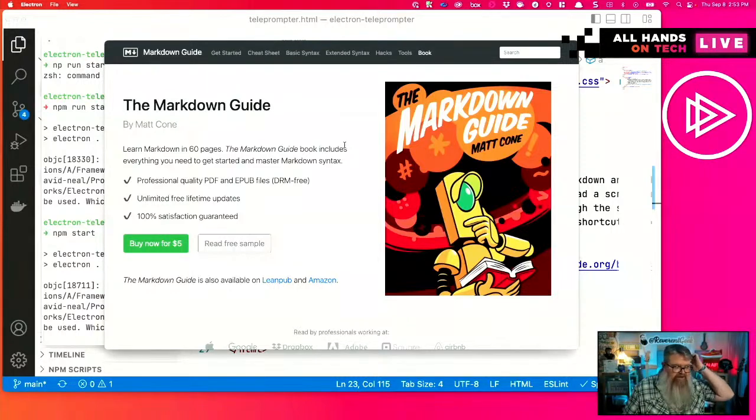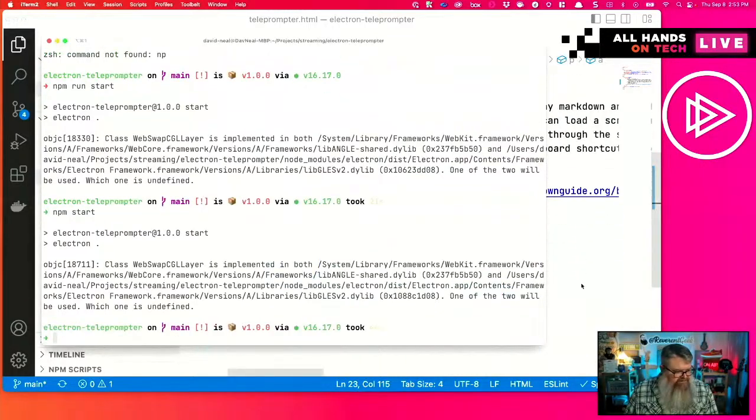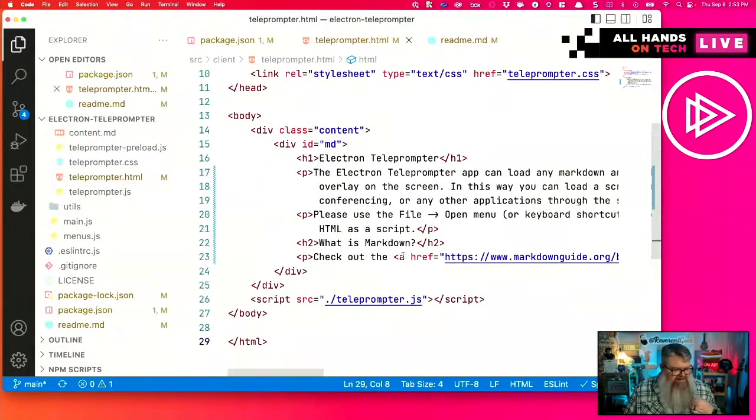So now, because we don't have any kind of navigation or anything like that included, we just kind of allowed this to overtake the application. So instead of a link,